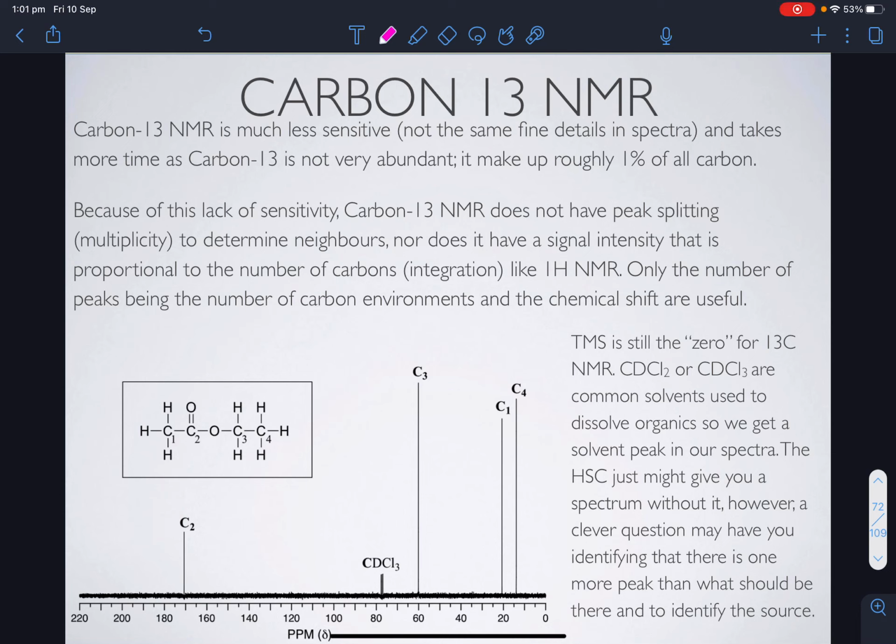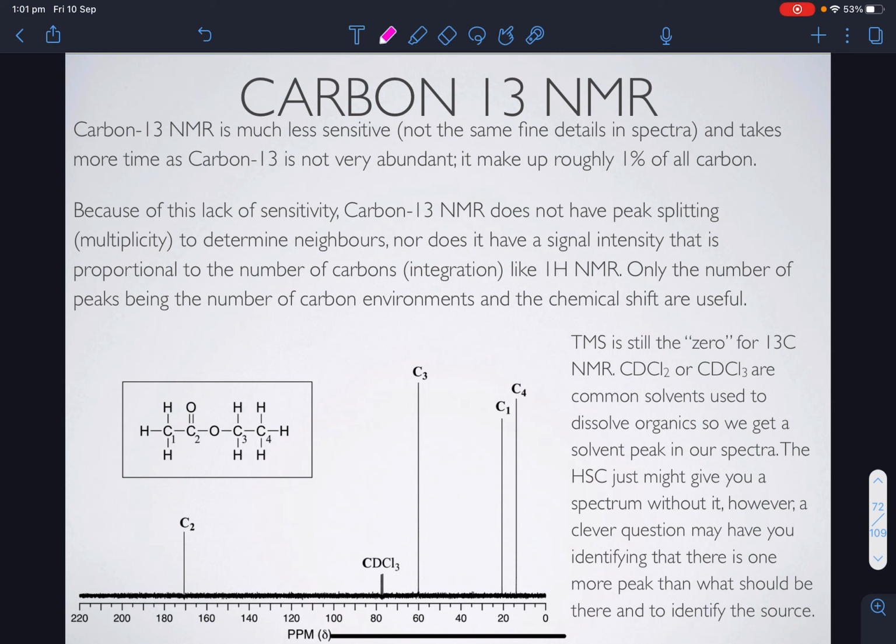Okay, so let's talk about carbon-13 NMR. I'm just going to presume that you know about proton NMR, and we're just going to add on to that. So carbon-13 NMR is much less sensitive than proton NMR. So you don't get the same fine details in the spectra. You don't get all that multiplicity splitting,